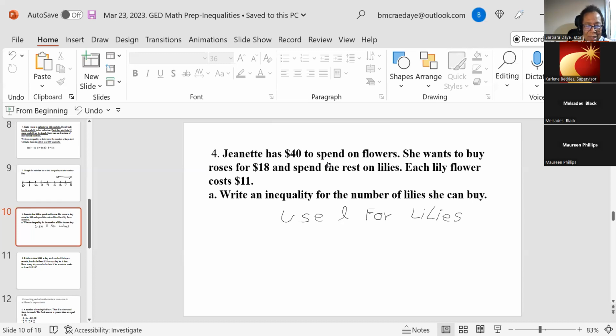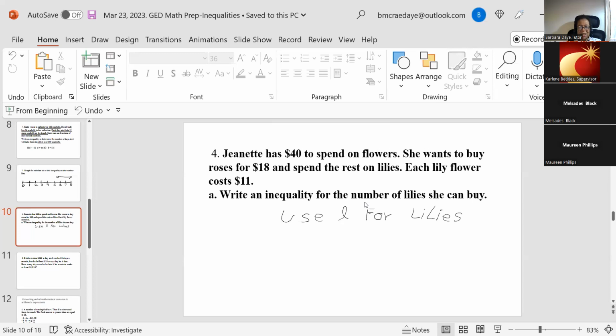Put your L on the left side. What would I write, Maureen? L, I don't know. Oh, can we say L is equal to... no, less than? Oh, inequalities, sorry. L is less, no, less than or equal. Tell me what to write. Use L for lilies. So what would I write? L,